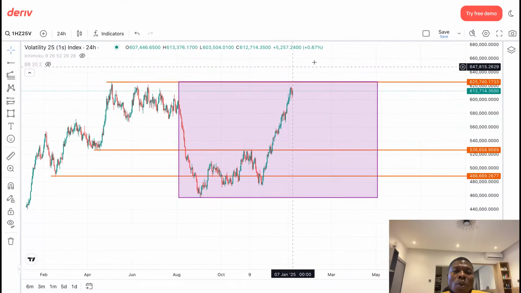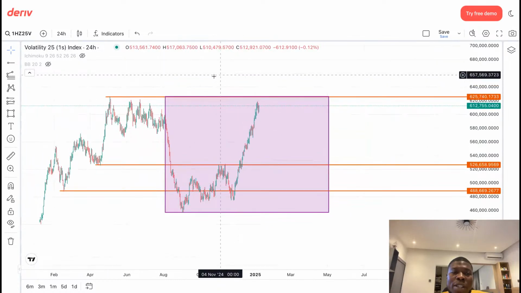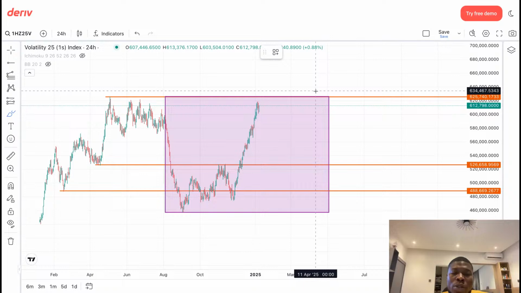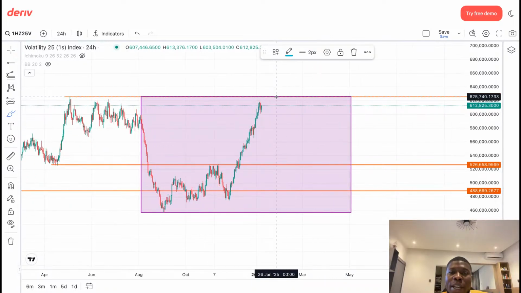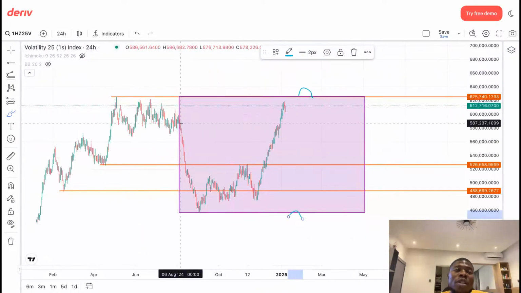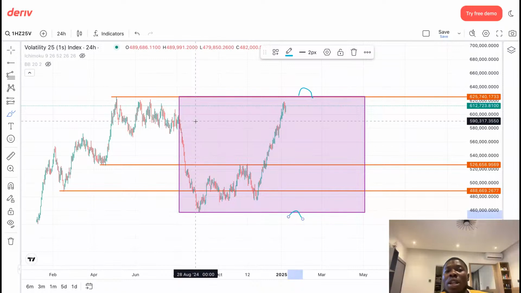So now we have areas. Now this area, the market is still yet to change the trend officially. If the market makes another high here, that means the market has come back to an uptrend. If it makes a low here, that means this market is fully in a downtrend. So it has all this area to play out before you determine whichever trend the market is on. So on this 1 day, volatility 25x is ranging on the 1 day time frame. No two ways about that.